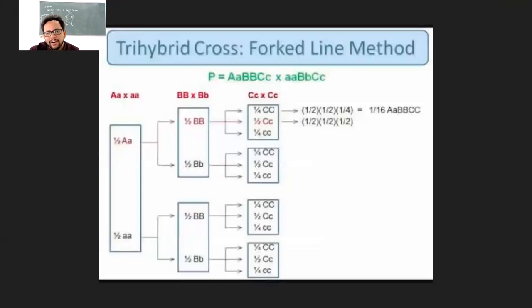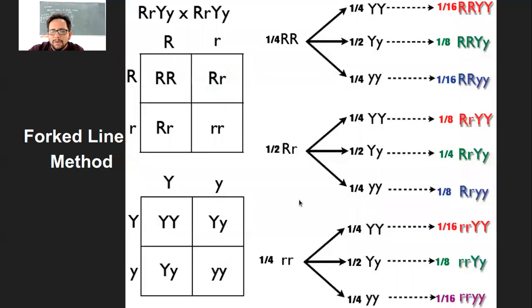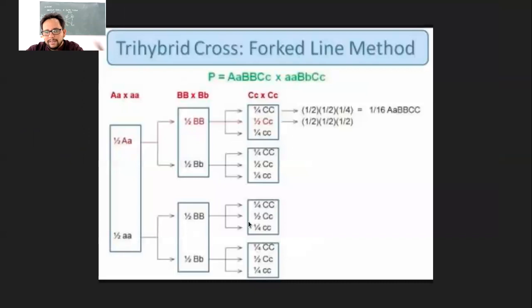Okay, and then the next one, that is the tri-hybrid cross by the fork line method. A tri-hybrid cross with the Punnett square method is a little difficult. You can imagine you will have to have a three-dimensional cube, right, with 6 phenotypes. I hope you are able to imagine. If not, you can just forget it, because you will have these 1 2 3 4 5 6 phenotypes with other possible combinations. So you will have a cube of 3 by 3, but in three-dimensional space, like x, y, z, and then you can possibly do that tri-hybrid cross.